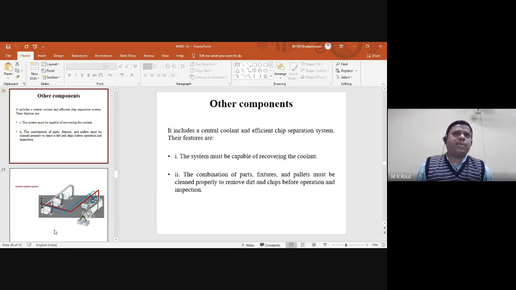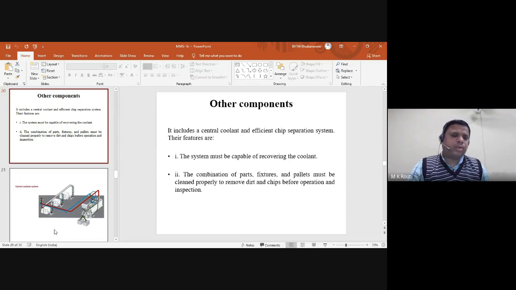More breakage and more maintenance will be needed. The next point is that the combination of part, fixture, and pallet must be cleaned properly. Remove the dirt and chips before the operation and inspection. So this is the next most important feature as far as the chip removal